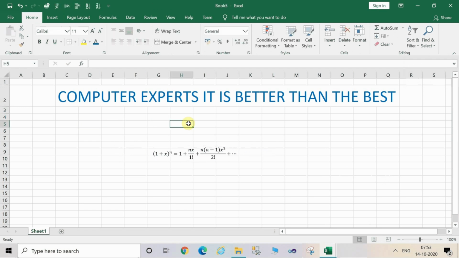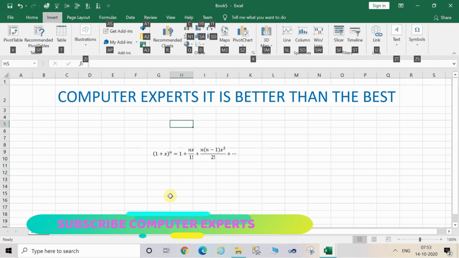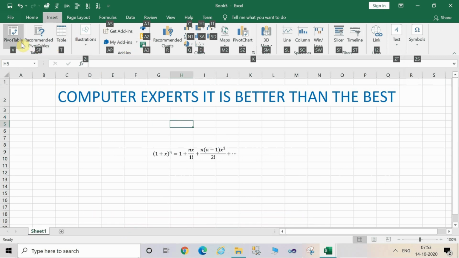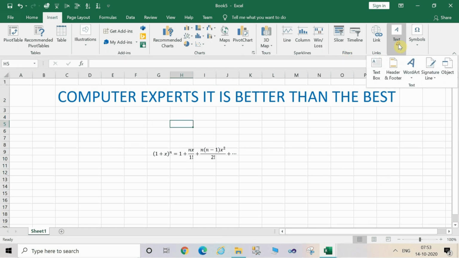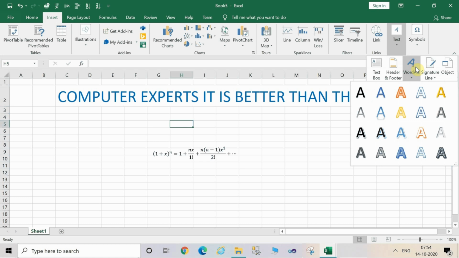I have selected here this equation. You can select according to your desired one. Okay, now we'll try some other options also here. Now we will enter the word art in the Excel. For this, first of all, press the Alt N, then press ZT from the keyboard. After that, press W for the word art. And now here select the option which you want to use for the word art. Like I'm selecting some of these.